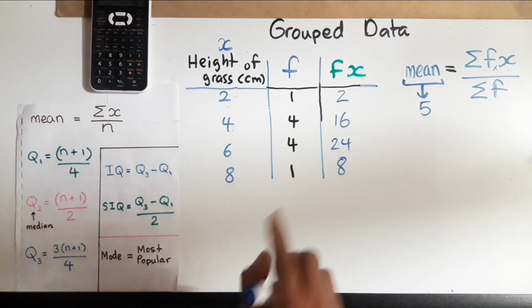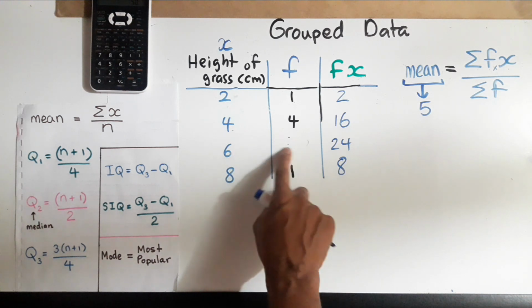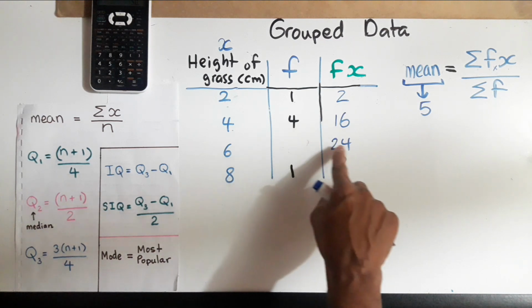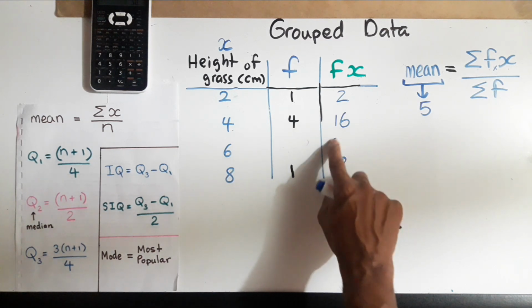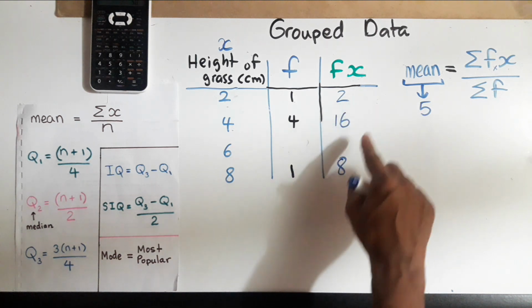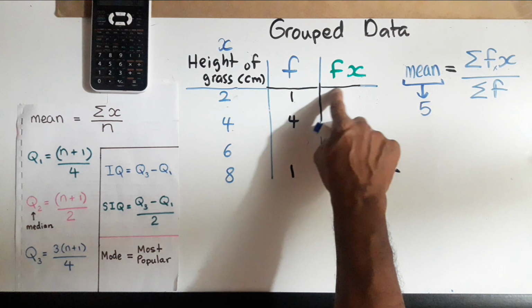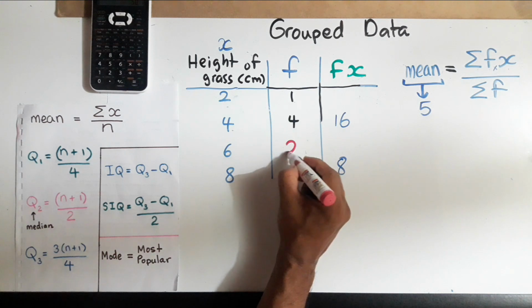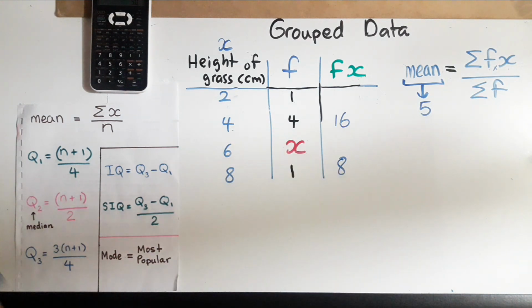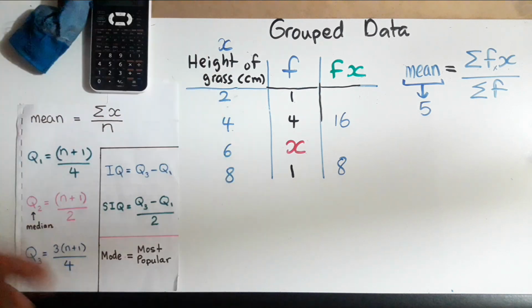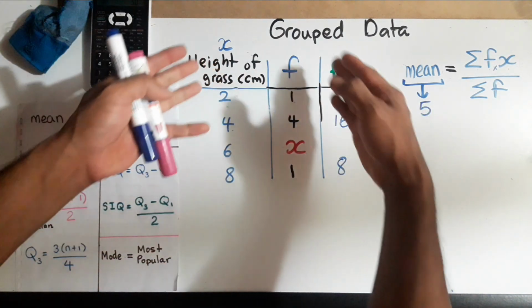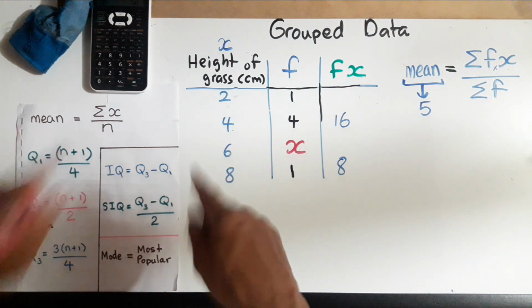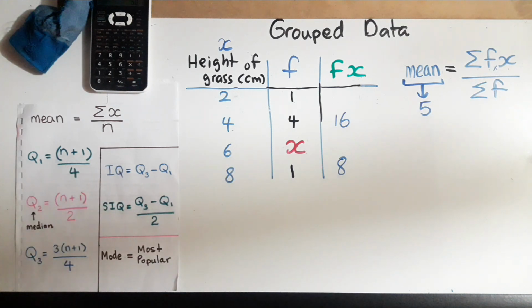And let's say he erases something from the table. Now we know the value here is 4, right? But let's pretend we don't know. And he erases this also. And he erases, let's say, this over here, right? And in place of this, he puts x. And he wants you to find the value of x now. So you see how the question is different? He gave you the mean. He purposely left some things out of the table and he labeled something x, and your job is to find x. So let's go about this question.